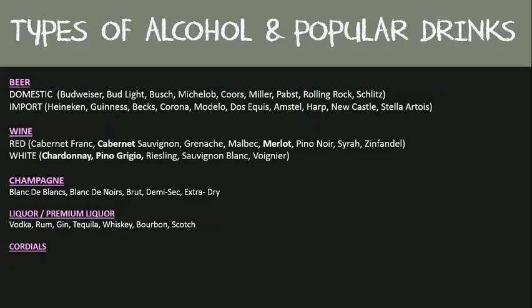Cordials. A cordial drink is any alcoholic beverage that contains a liqueur or cordial. A liqueur is a sweet distilled spirit with at least 2.5% sugar content. Most cordials are often flavored, and they begin as a neutral grain alcohol like a whiskey or a rum, and then sugar, herbs, fruit, nuts, and spices are added. Cordials are often used in mixed drinks with soda or fruit juices, but they can be drunk on their own over ice,